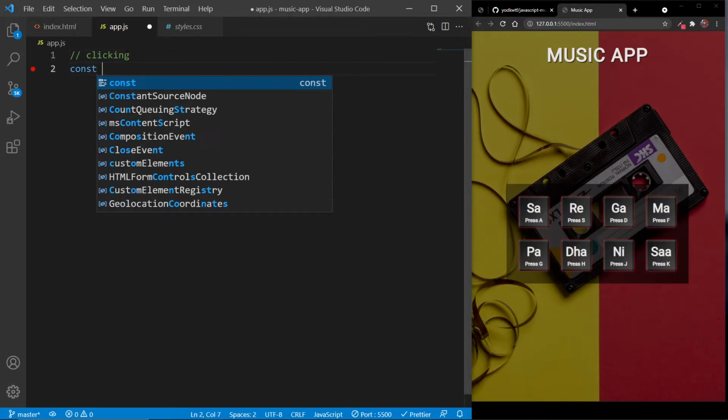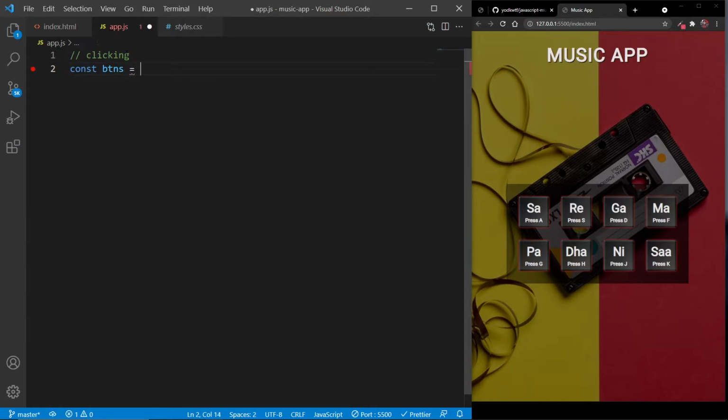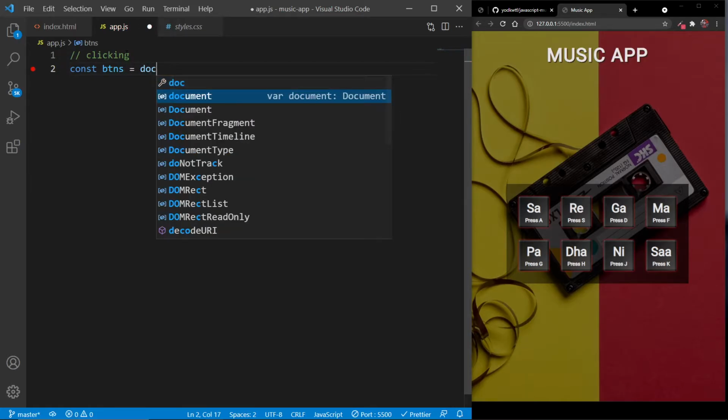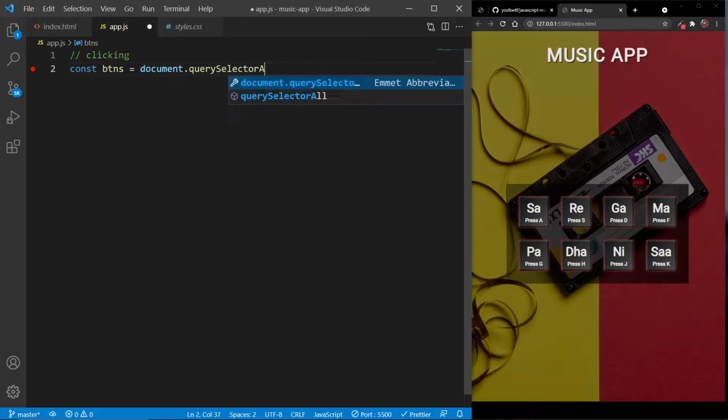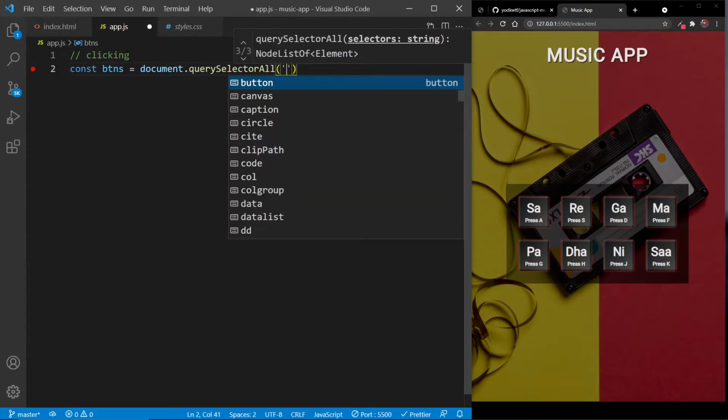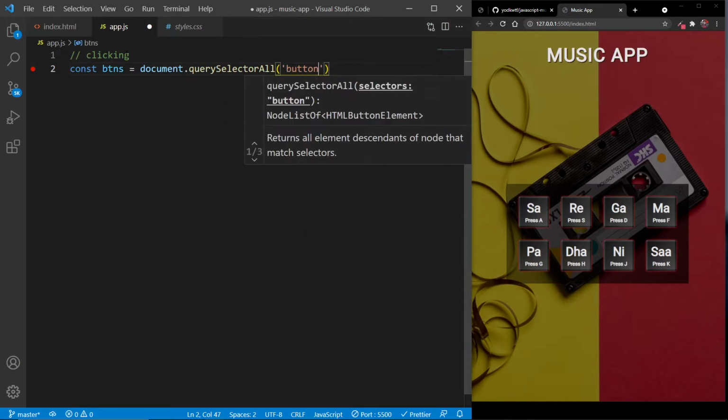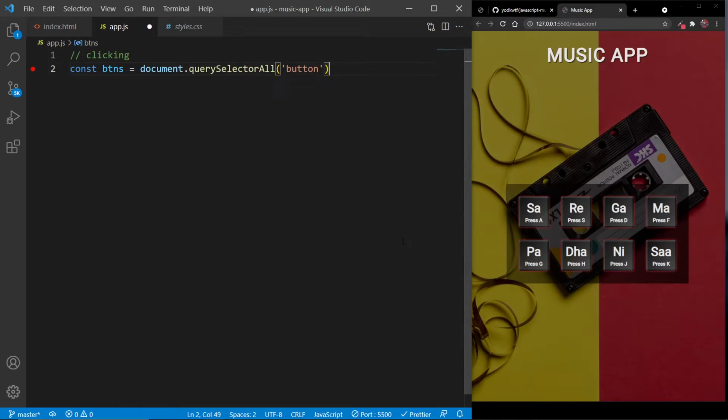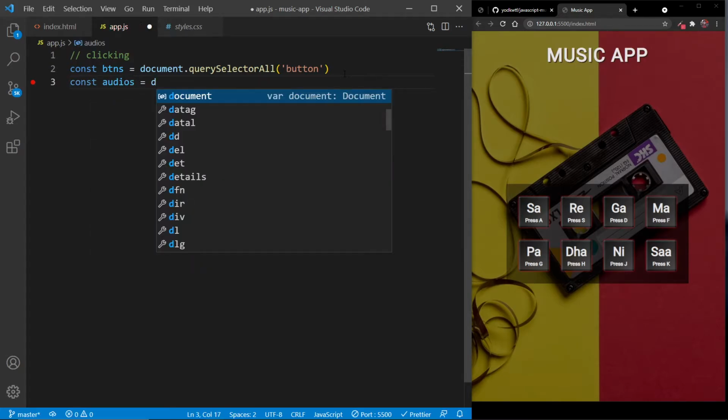So we are going to select all these 8 buttons using document.querySelectorAll, and we will select them using this button element since all of these 8 keys are inside this button. And then I will do the same for these 8 audios that we have.